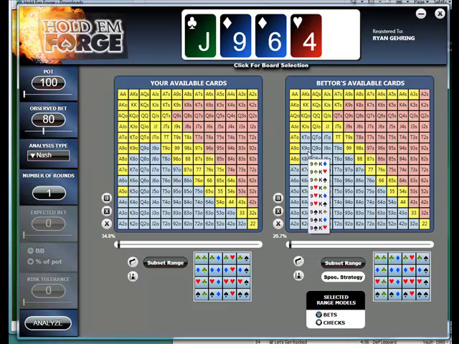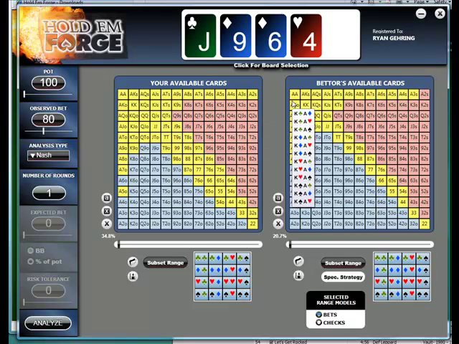Then if you're doing a turn analysis, you have to somehow narrow down this range of hands into a range that he's likely to be holding on the turn. Obviously that depends on what the flop action was. If he bet on the flop, he's probably going to have a little bit of a better hand on average than if he checked on the flop, for example. But basically the principle is the same. You're trying to enter the hands available to the opponent and available to yourself